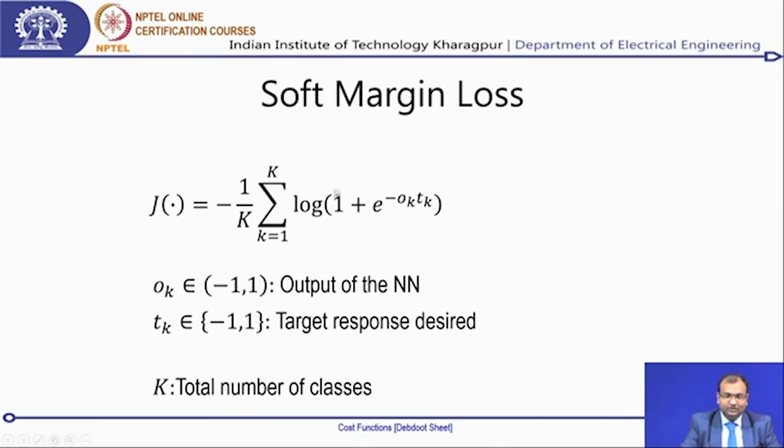Now, by doing this, you are going to scale it down in that particular range. So, if I have this minus Ok Tk, if both of them are negatives, then this becomes a positive quantity, e power of 1. So, this becomes log of 1 plus e power of 1. That is a number which is greater than 0, as well as a number which is greater than 1 as well. Now, this soft margin loss over here which you have